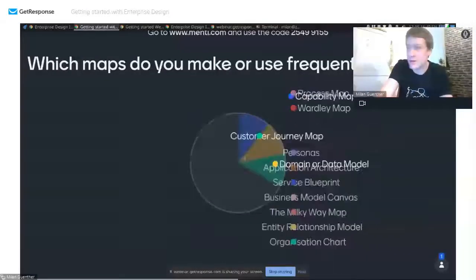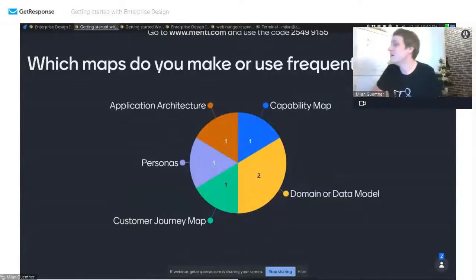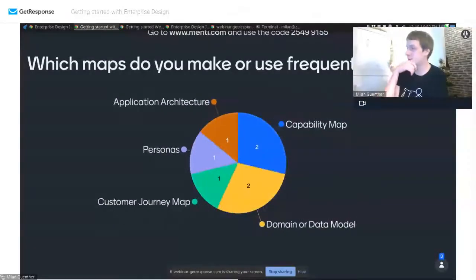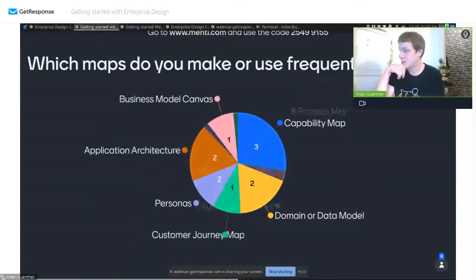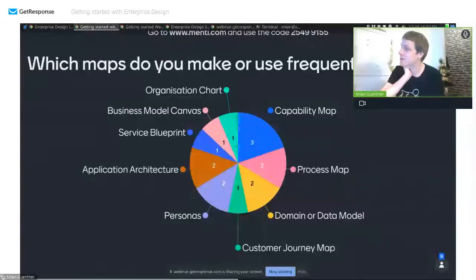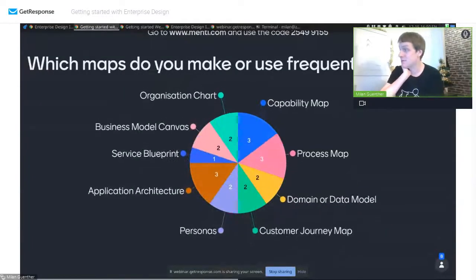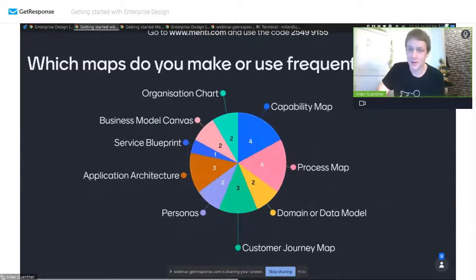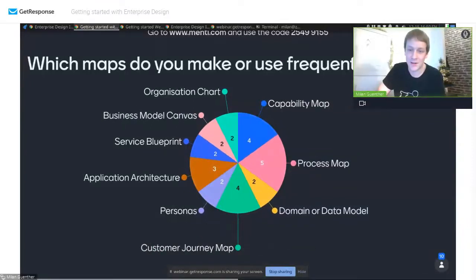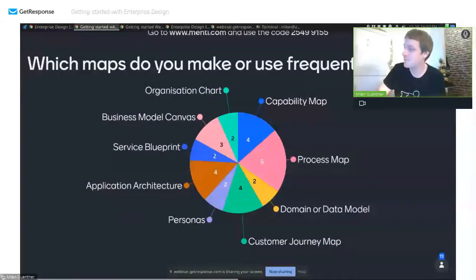I will put here, we go. So we have application architectures, capability maps, customer journey maps, personas. We have a service blueprint, the business model canvas. And I know this is a multiple choice one, so maybe you have some that we forgot here. If so, you can of course mention them in the chat, but I couldn't add any more with the limitation